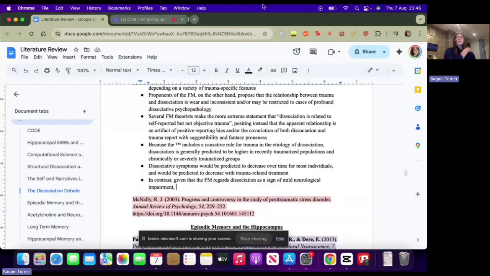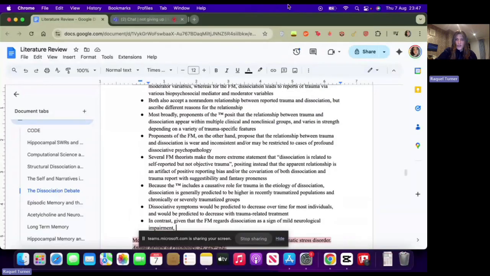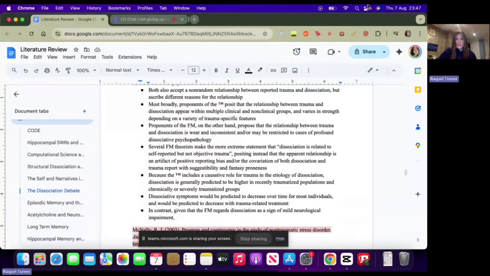So yeah, that's what I was thinking when I was reading all these papers about dissociation while writing my undergrad thesis. I was like, this is BS. This is stupid. It's not because people are faking. It's because that's how abuse works. And we live in a society that supports that abuse because it benefits people. It benefits a group of people particularly. And that's why it's not happening. It's not because people are confabulating or whatever it's called, their memories, or they're fantasy prone or whatever. It's because that's how abuse works.